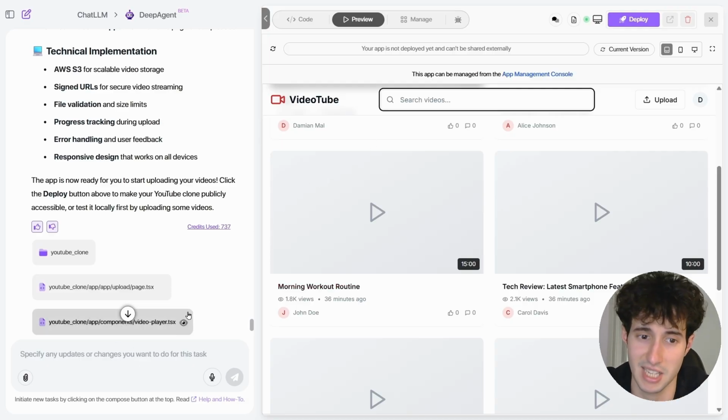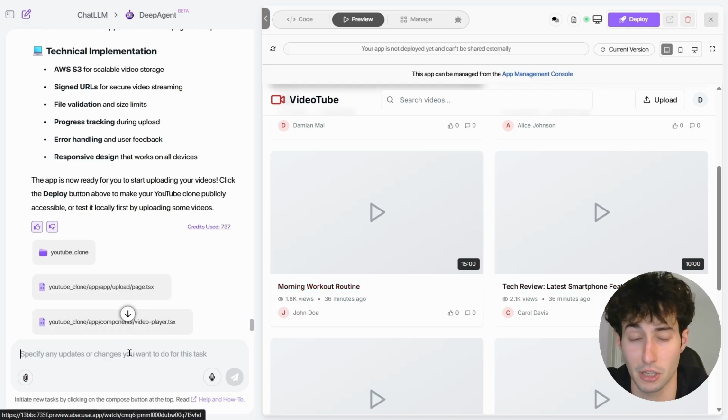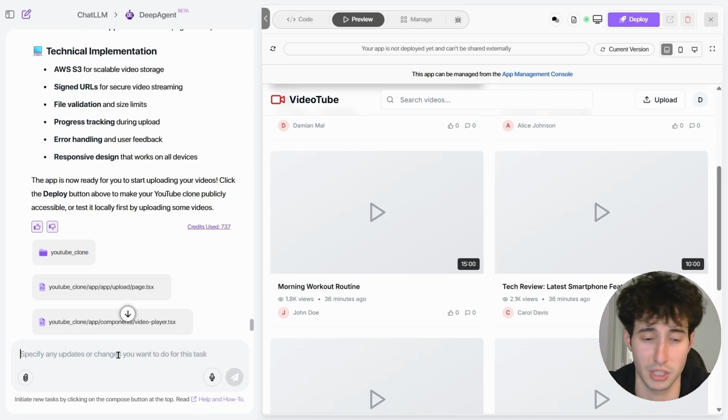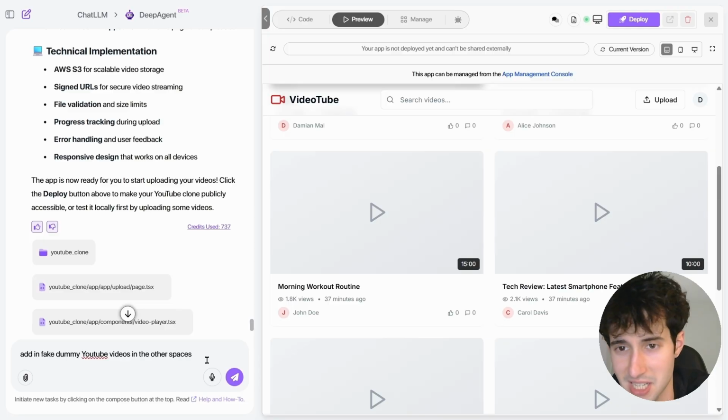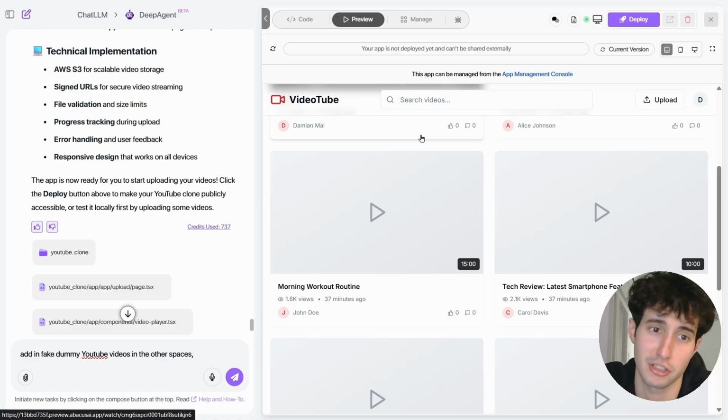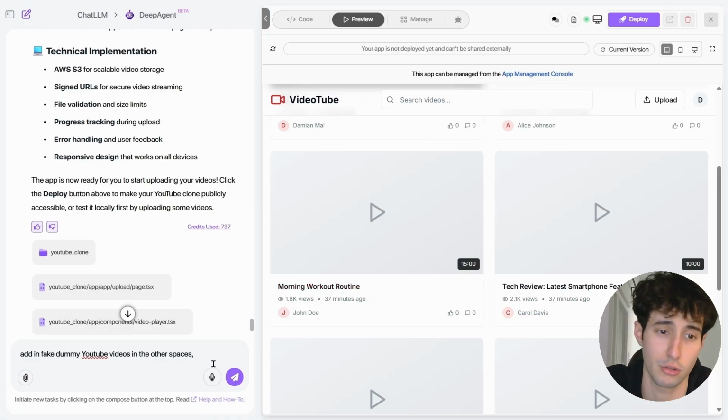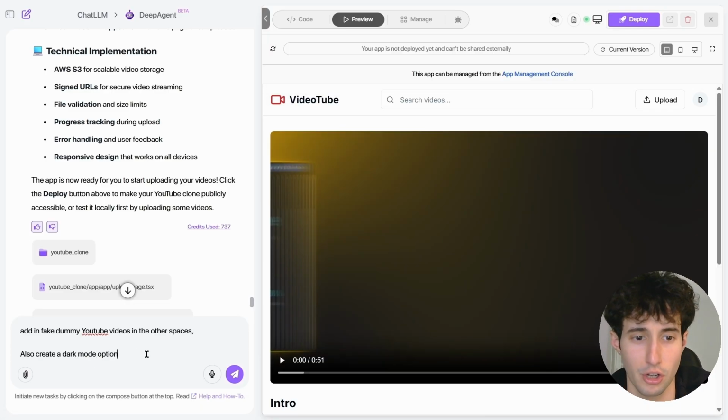For example, let's say you wanted to add in dummy YouTube videos so you can actually view them. All you would have to do is to come over here and say add in fake dummy YouTube videos in the other spaces. And also if you wanted to create a dark mode for your app, since most people actually do tend to use YouTube on dark mode, you could come over here and say also create a dark mode option, and then you simply have to come over here, send this over, and DeepAgent would go and make these